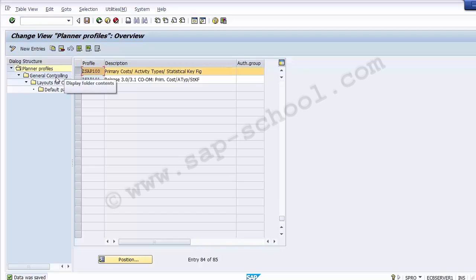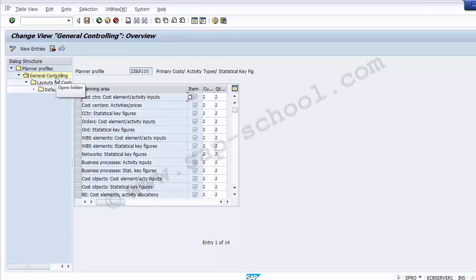and then we need to go to general controlling. Double click onto the general controlling. Once you double click, it gives you the whole list of different planning areas for which the planning profile exists. Out of all these general planning areas, as you can see on the screen, the one we will be using is the first one, that is cost center, cost element, activity inputs. So we need to select this first option,